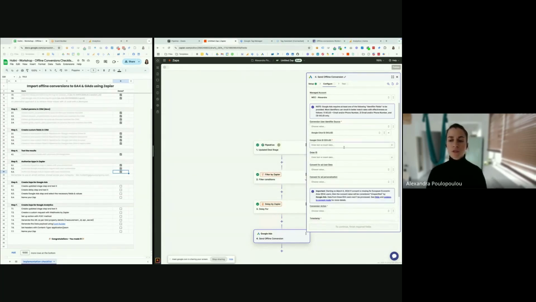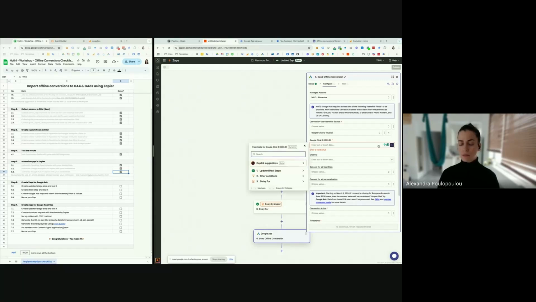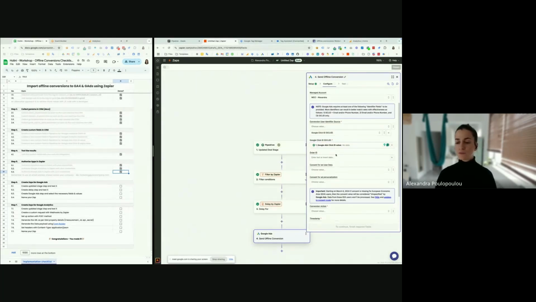But for the purpose of this example, of course, I'm going to use Google Click ID. So let's also select the parameter that we have stored, the Google ID, which is the Google Ads ID value.